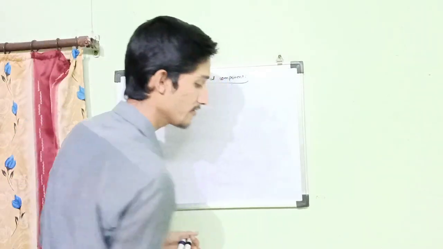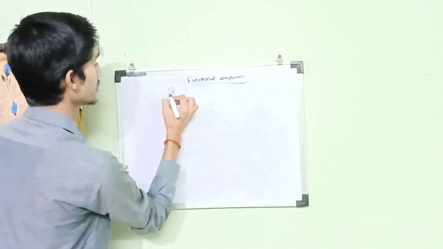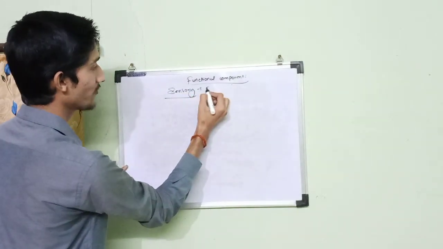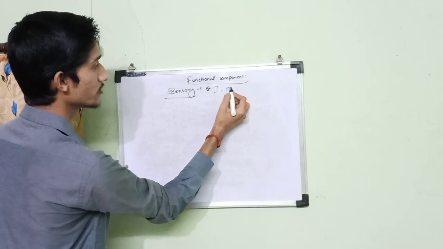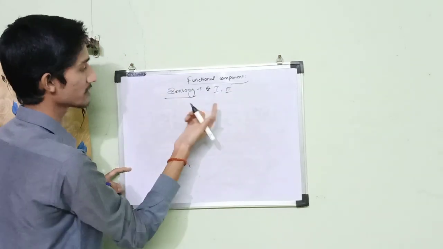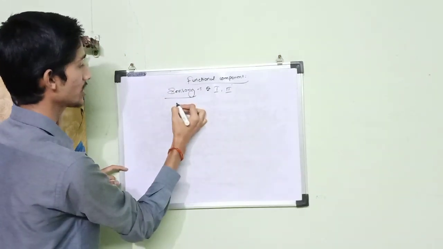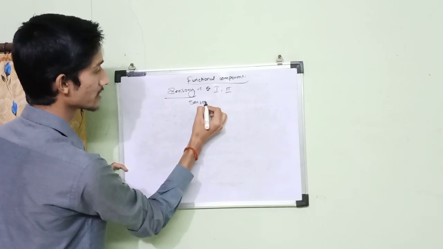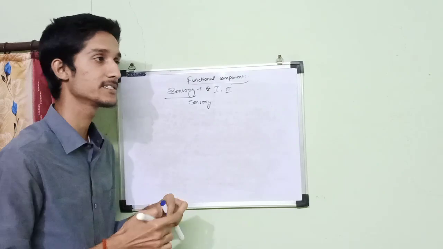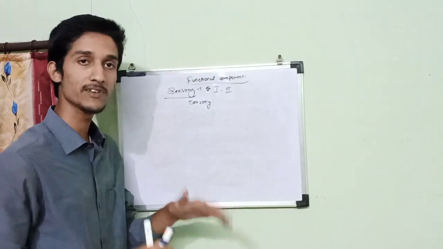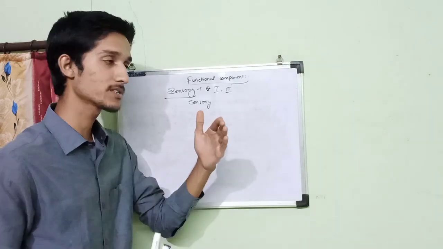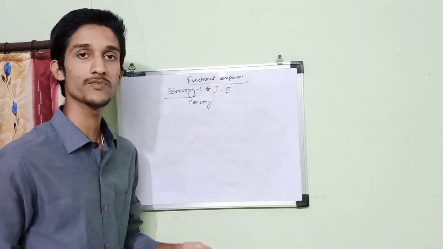Now, if we have a purely sensory nerve, like cranial nerve 1 and cranial nerve 2, olfactory and optic, it is quite obvious that they will carry the functional component of only sensory fibers. It means that they will carry the general somatic afferent fibers, they will carry the general visceral afferent fibers. Not all, I am not saying that they are going to carry all of them.